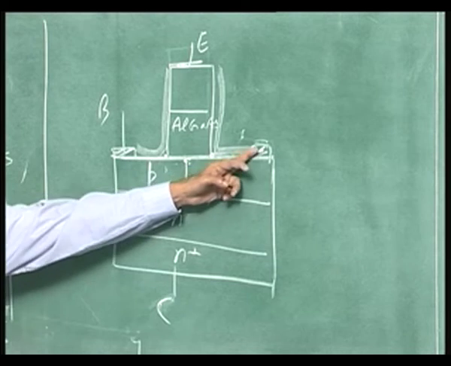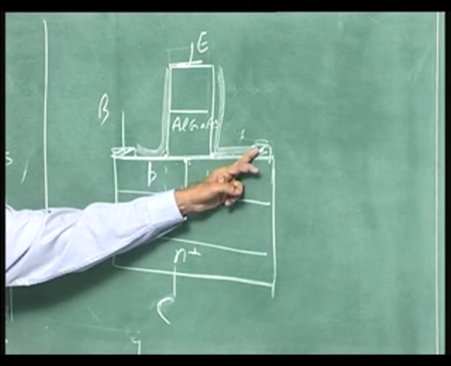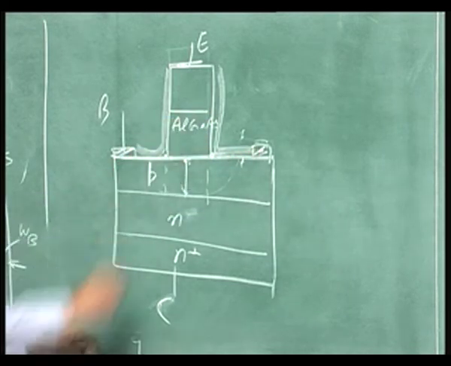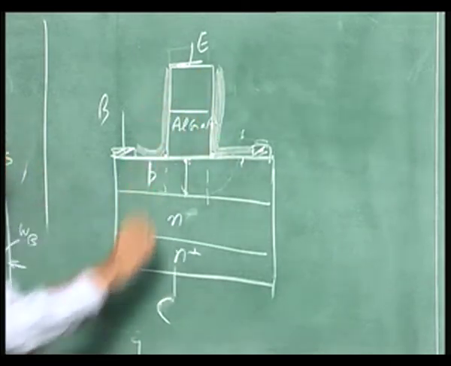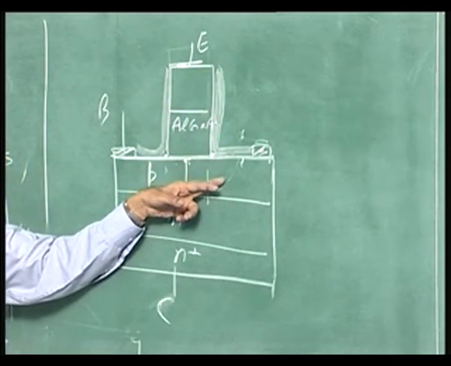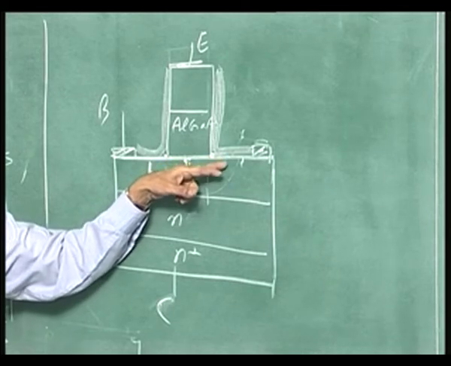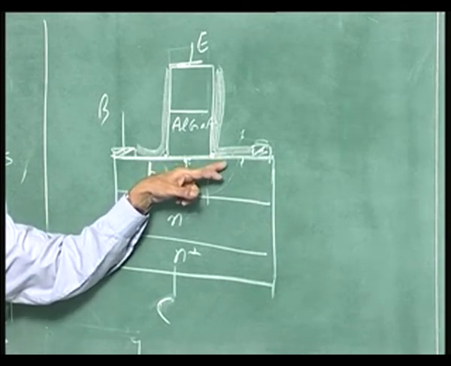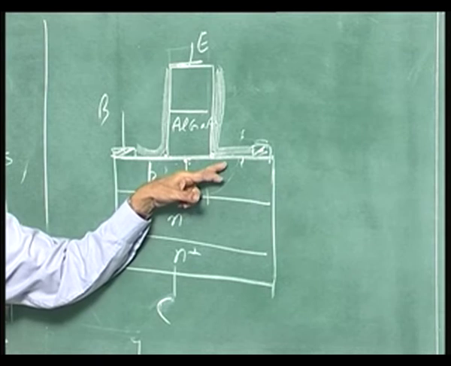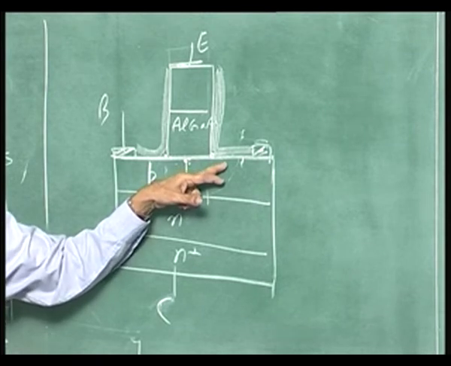If it is coming here, you have to remove it by lithography. So, I am showing it here. This is a passivation layer which protects the junction, which protects the surface. So, you can't put a deposited oxide here. When I say you can't, it is possible for you to deposit, but it will not serve the purpose,